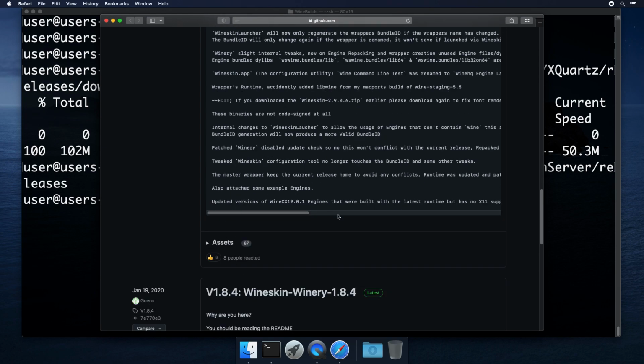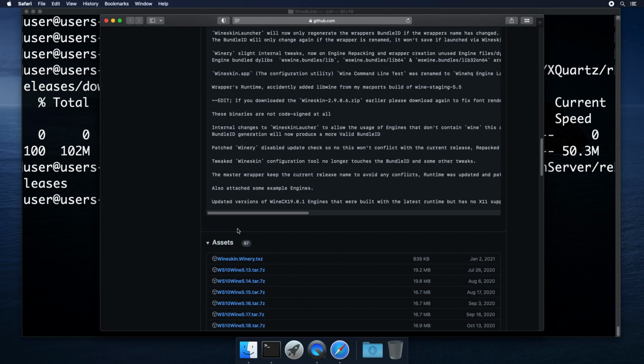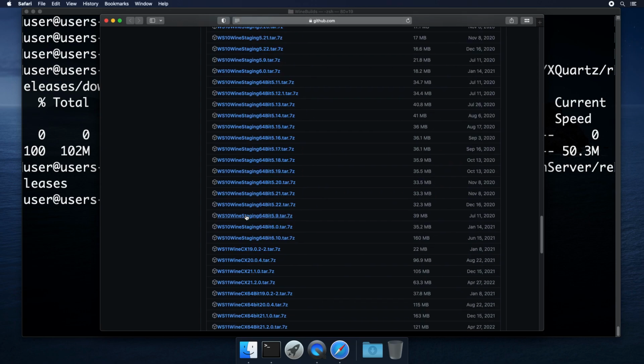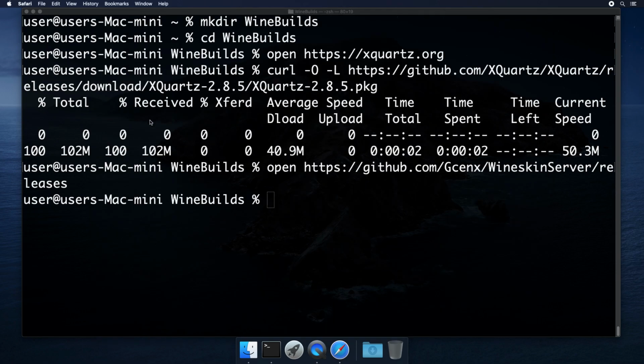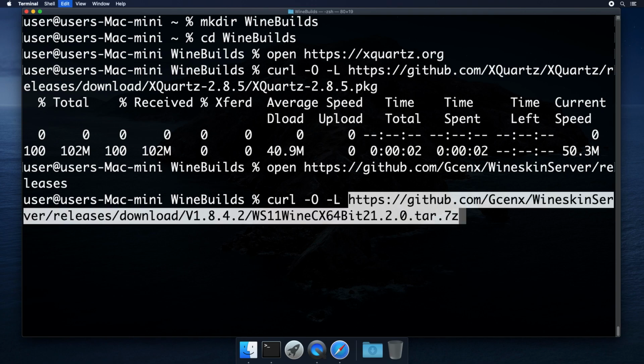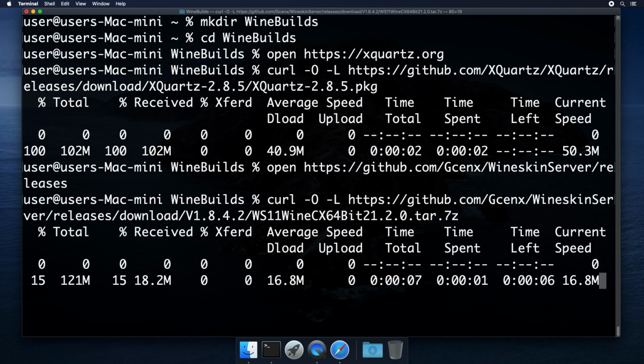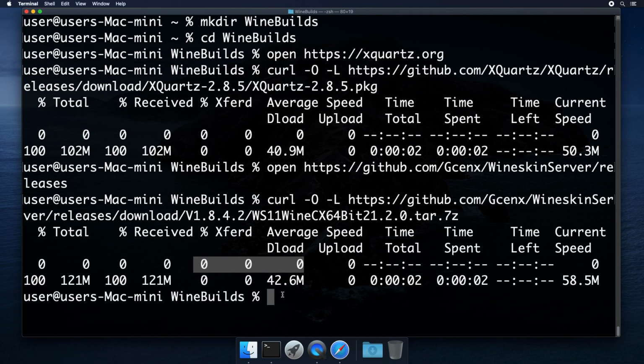After the first block of text, we've got assets. And the version that I know works is the CX64 21.2, and that is April 27, 2022. There could be some newer versions that work, but I already know this one works, so I'm going to grab this. You can see that also had a redirect.